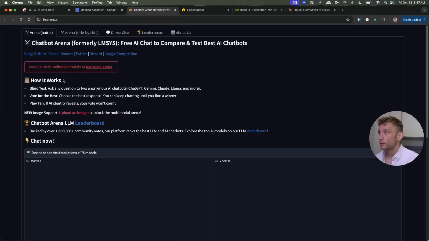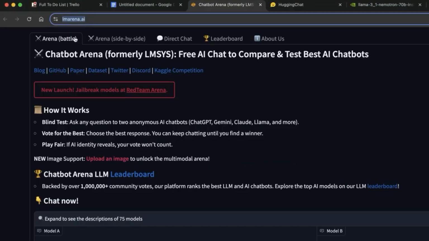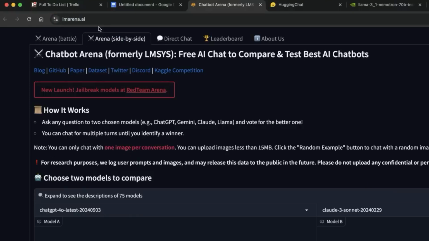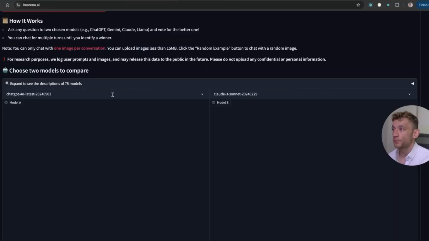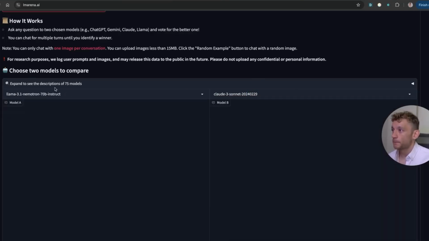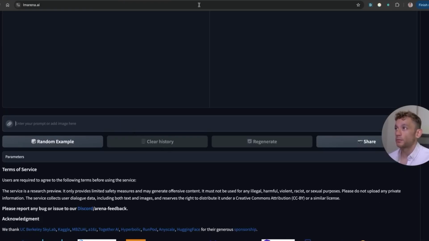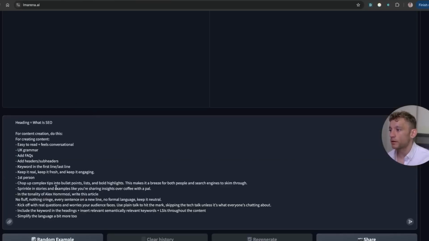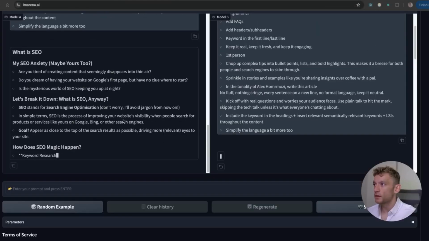prompts against this. So what you can do is if you go to lmarena.ai, go to arena side by side, as you can see, then scroll down and you can select, for example, Claude Sonnet versus Llama 3.1. Make sure you select 70B because that's the latest model. And then from here, you can use the same prompt and test the outputs. So for example, we can plug in our prompt right here, hit enter, and then you can compare the outputs